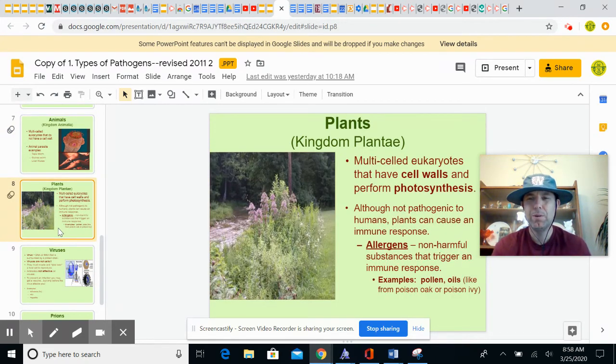Plants. You're like, how are plants a parasite? Well, they're not really. But what happens is when certain plants make pollen, some of us are allergic to the pollen. So the truth is they are not damaging. My wife has allergies, my daughter has allergies. I'm pretty lucky and I don't. We breathe in the same pollen, but her body reacts as if it's a foreign invader and she gets an immune response to it, which is another set of notes coming up. But yeah, it just triggers something inside our bodies when we breathe it in.